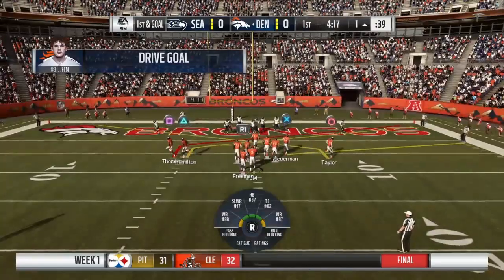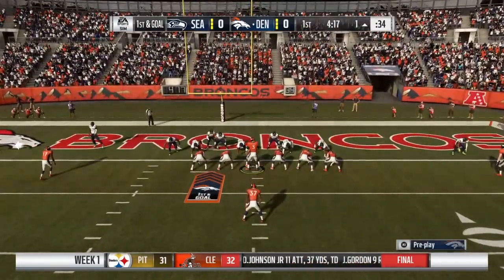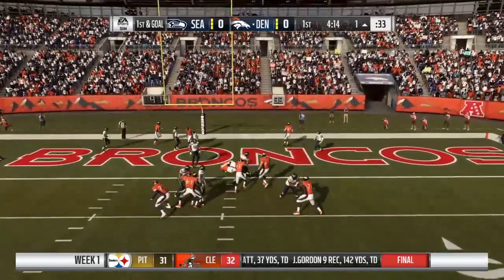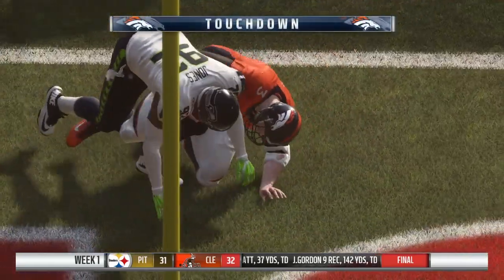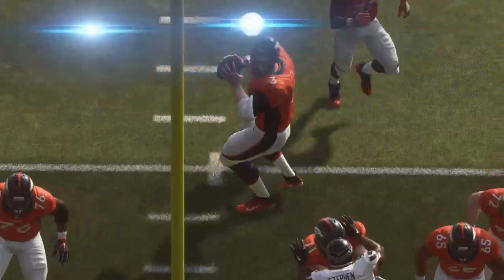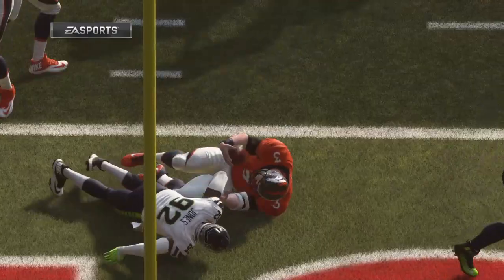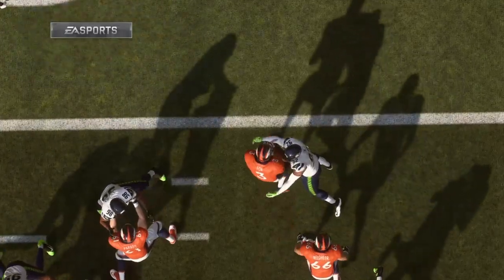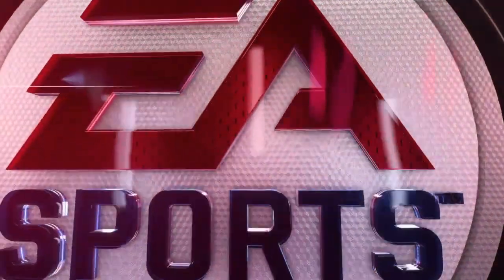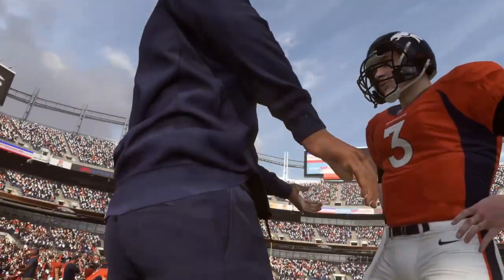Goal line offense, something they've really been emphasizing in practice lately. Now they have a chance here to put all that hard work to use. Again, he'll drop to throw. And he will score. Touchdown, Denver. It's their quarterback with his first career touchdown in his first career game. And the Broncos take it all the way down the field and score on the opening drive. Excellent start there. First drive of the season. Big-time success, putting it in the end zone. And remember, that was done without any...